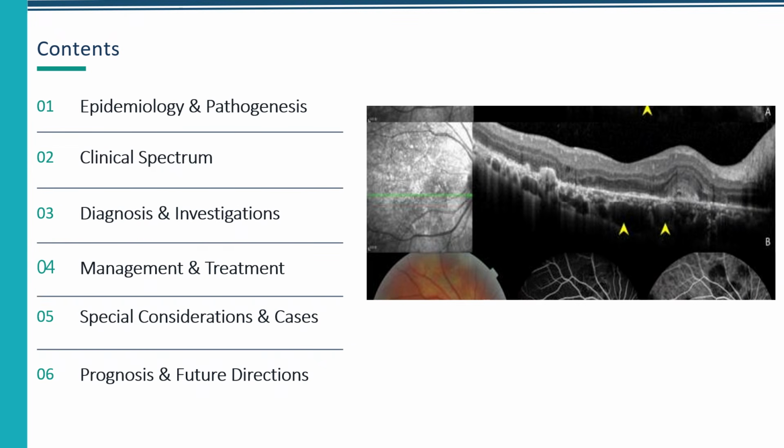The table of content of this lecture: we will cover the epidemiology of tuberculosis as well as ocular tuberculosis and the pathogenesis underlying this disease. We will speak about the clinical spectrum from anterior uveitis to intermediate and posterior uveitis, and then about the diagnostic dilemma and the problems of the skin test and the serology and some of the important investigations and